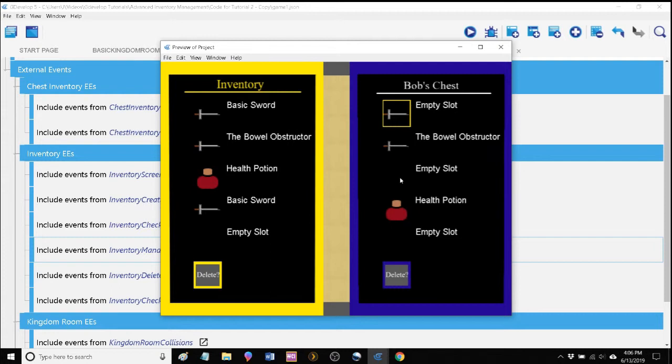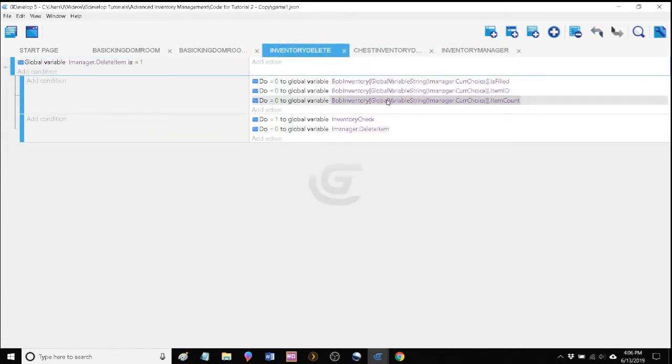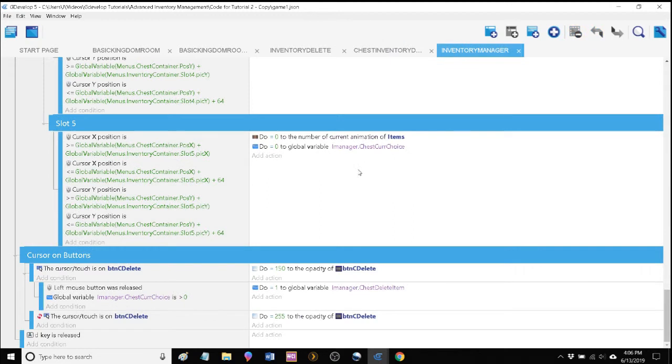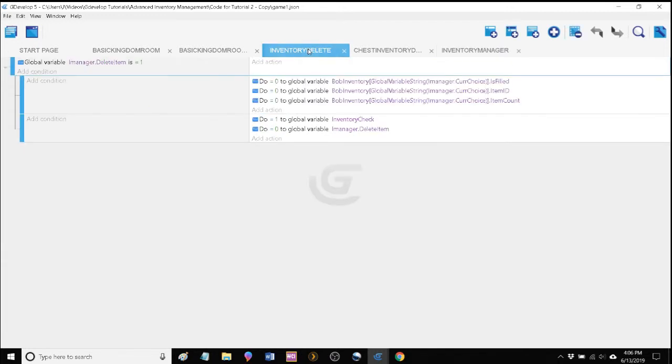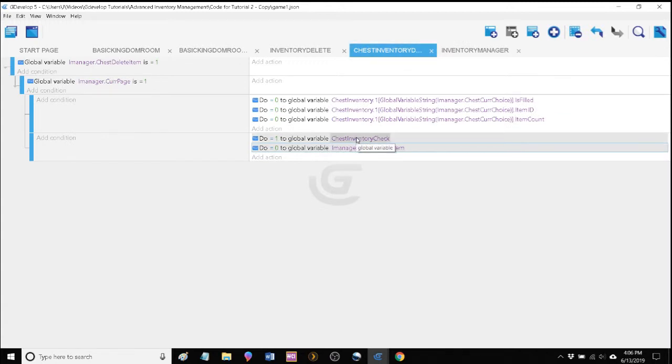Oh, it was too good to be true. I think we just need to add a chest inventory check. I knew it was too good to be true. So close. Let's see how we did it here. So we've got an inventory check there. Okay, and then let's take a look